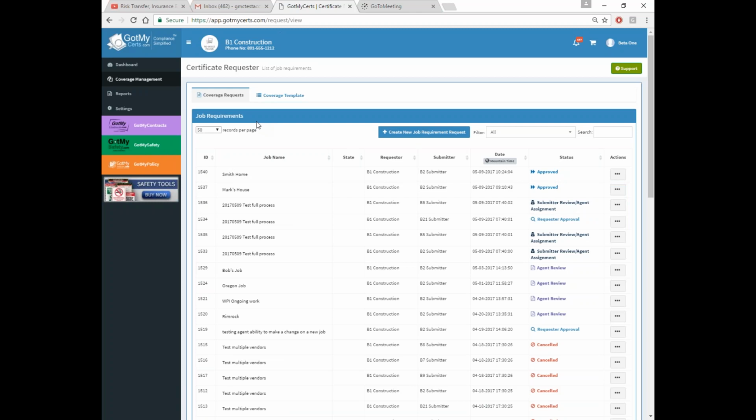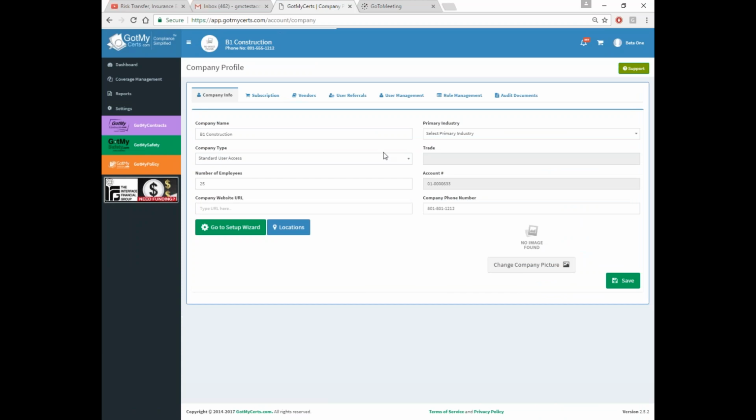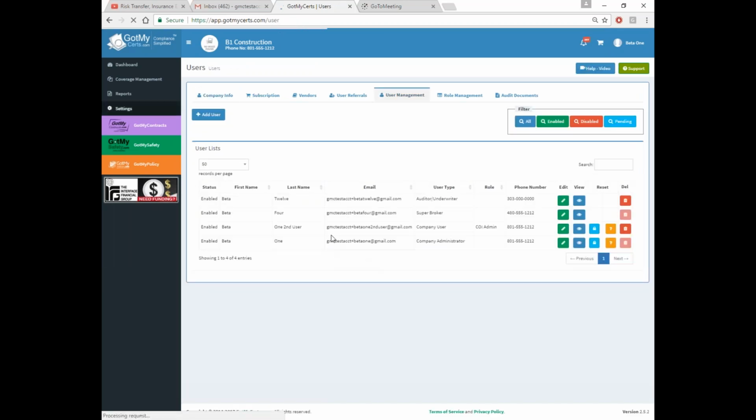I want to show you a couple other neat features. One is I showed you being able to add the different users, and I'm going to go ahead and log in. I want to see who the super broker is in this case under my user management, so I can go log in as a super broker here. So the super broker is beta 4, and so I'm going to log in as beta 4,